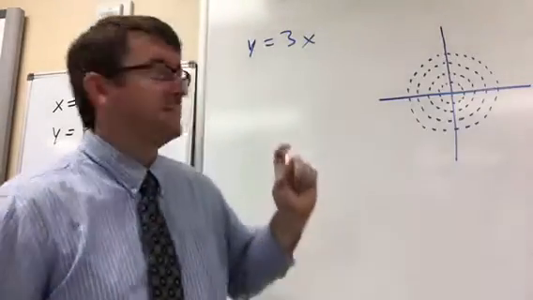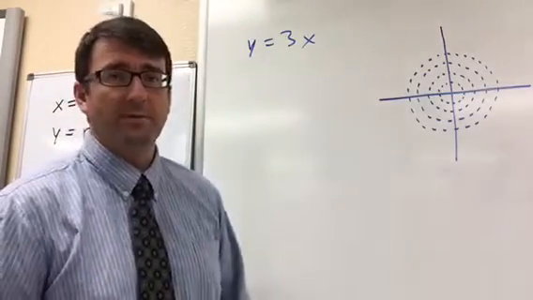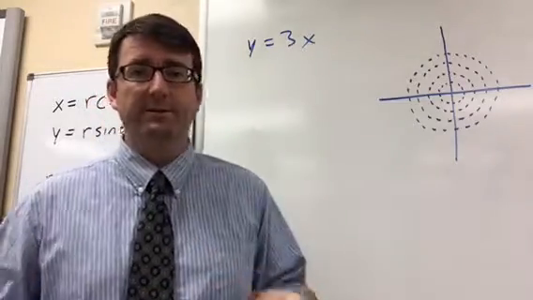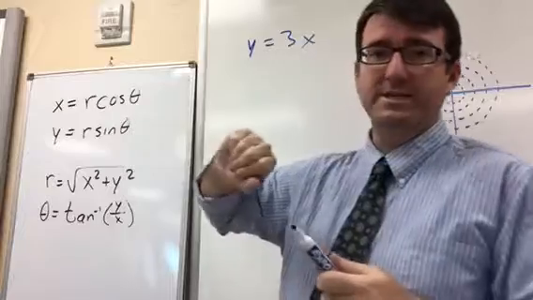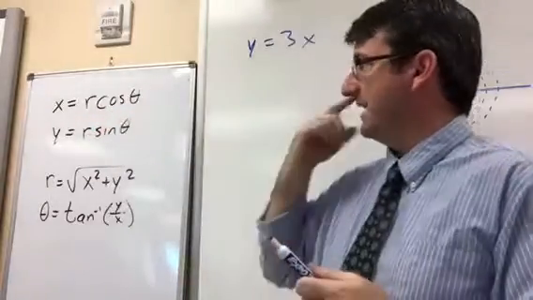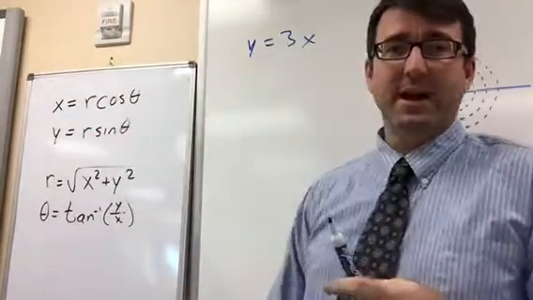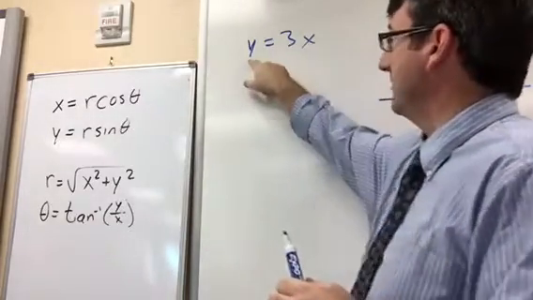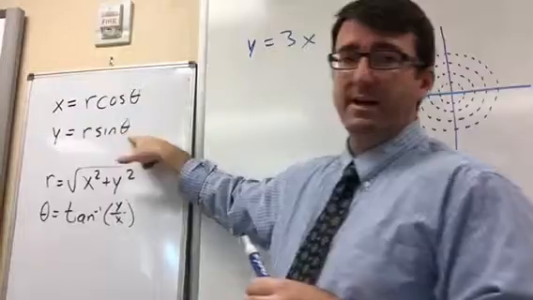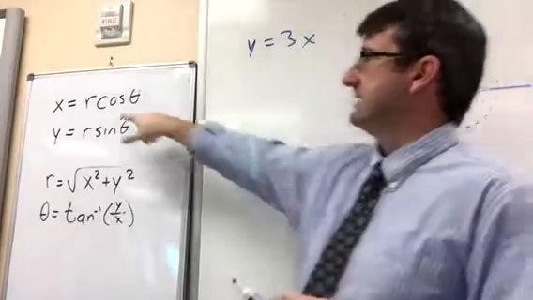Number one, we have this equation y equals 3x, and we're asked to convert this from rectangular to polar form. So what we're going to do is use these equations here, x equals r cosine theta and y equals r sine theta, to do this conversion. So we're going to replace this y with r sine theta and replace this x with r